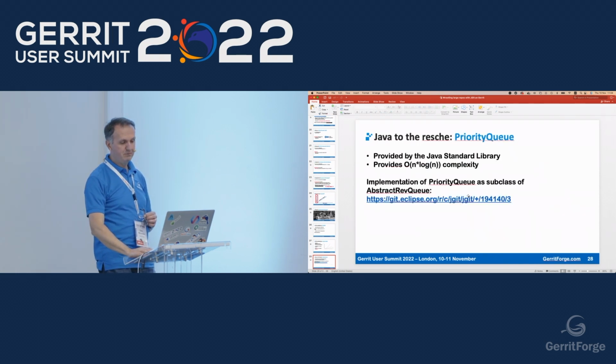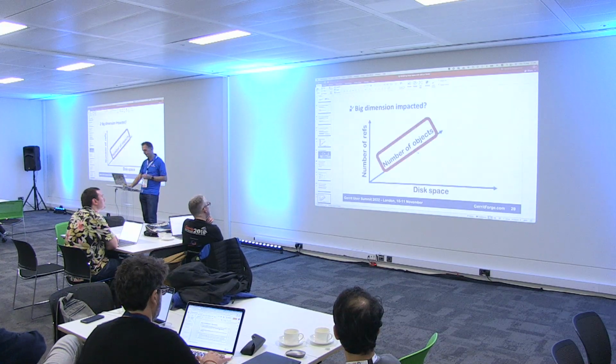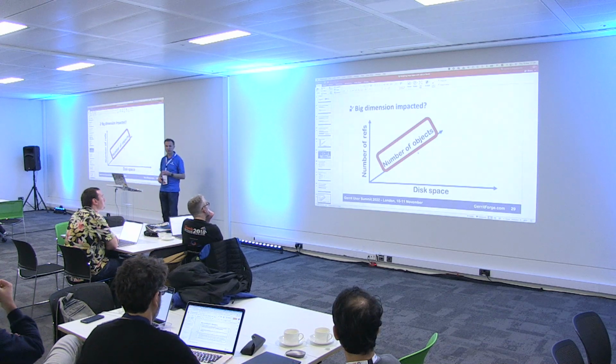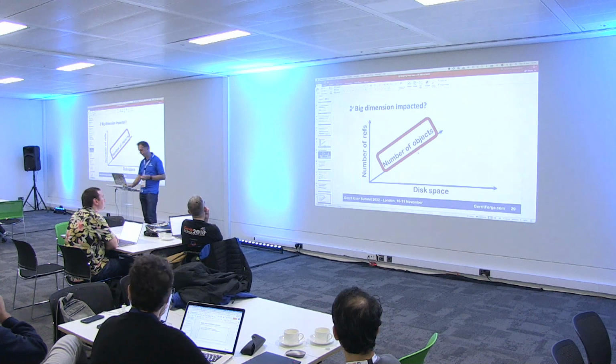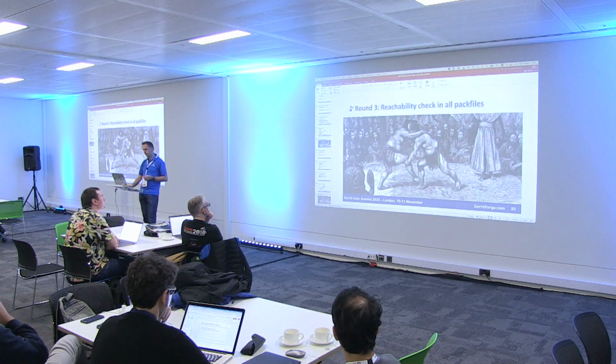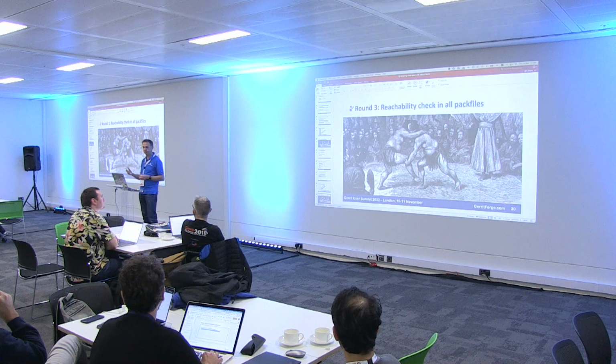This one, I'm not sure if this is merged or not, but it's merged. So if you upgrade to the latest version of JGit, you got this one. This has impacted the number of objects, because the more objects you have to sort, the more you're spending with that. And the third one is reachability check, because whenever you do replication, whenever you do a push, right, JGit